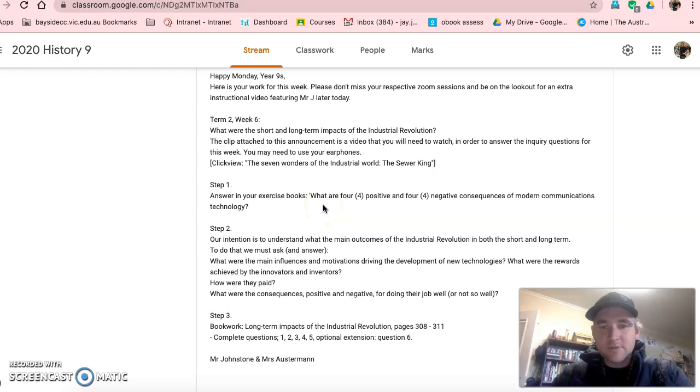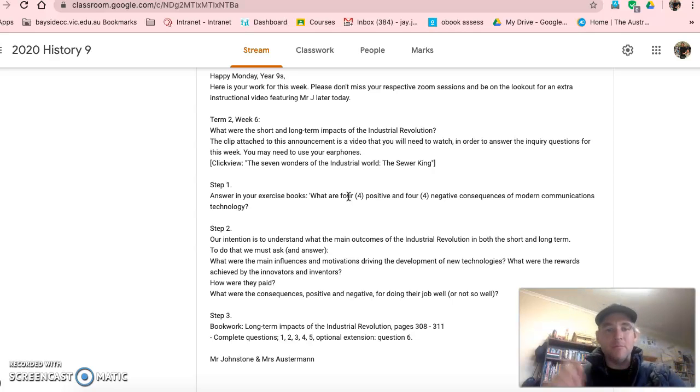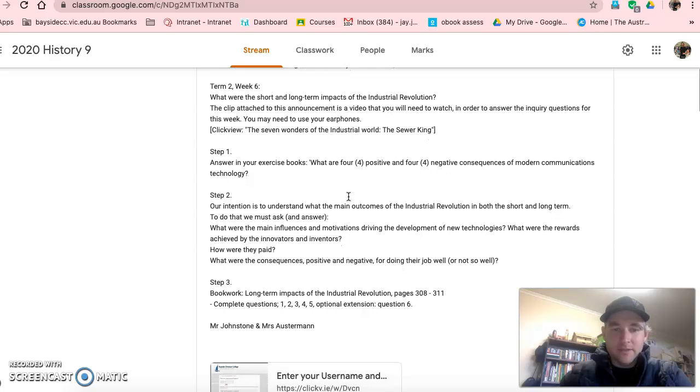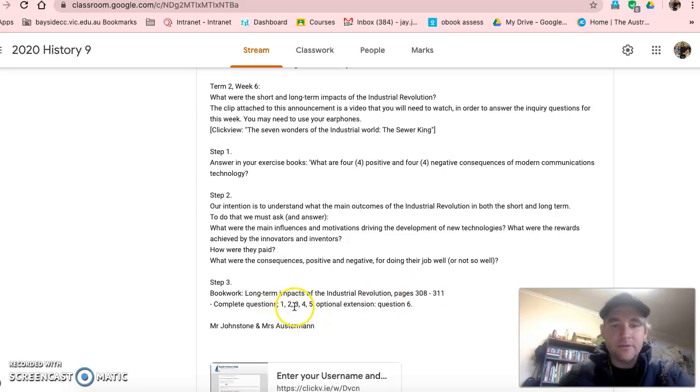In your exercise books, you're going to need to brainstorm, just off the top of your head, what you think are 4 positive and 4 negative outcomes of the Industrial Revolution, particularly talking about modern communications technology. Next, you're going to need to go in your books to pages 308 to 311, have a read there of the long-term impacts of the Industrial Revolution, and then complete questions 1, 2, 3, 4 and 5